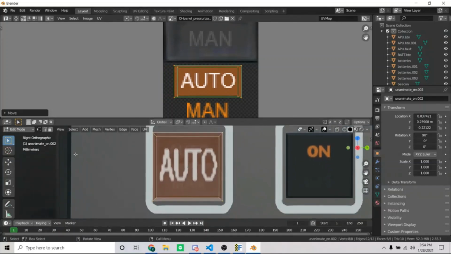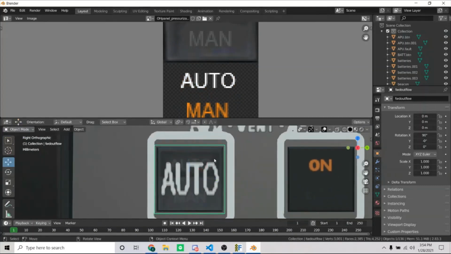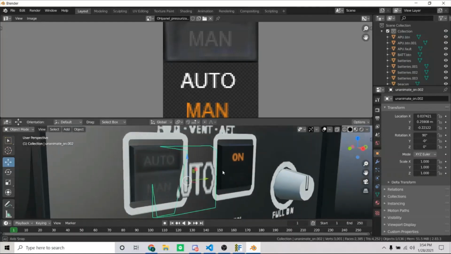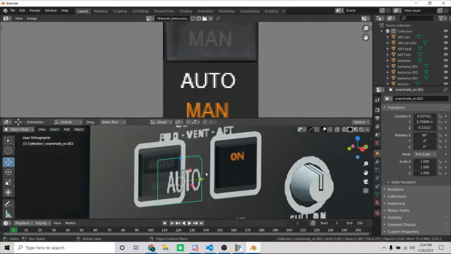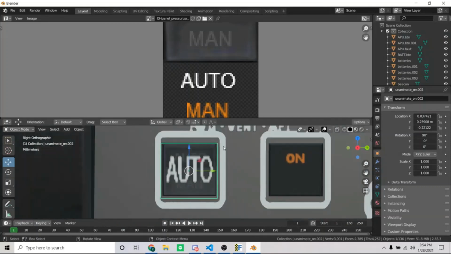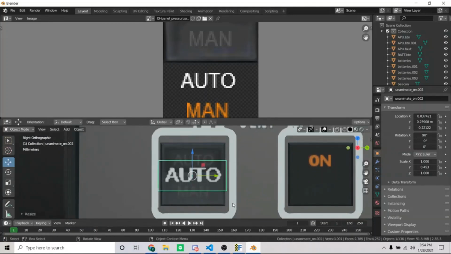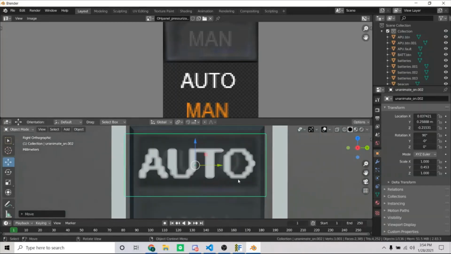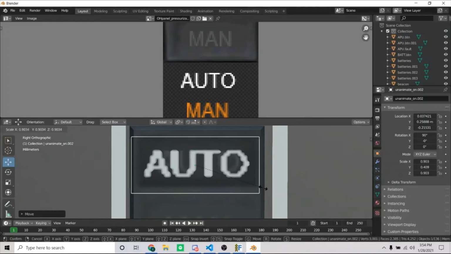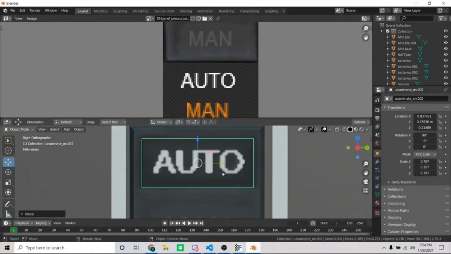What we can do is, in this window, we can go back into object mode, and we can just take this object that we just made and scale it in the Z direction. So we can press S and then Z to scale it. Press G to move it around, and that still looks pretty big. We can press S to do a regular scale, and you can just keep on messing around with it that way. That looks pretty good,